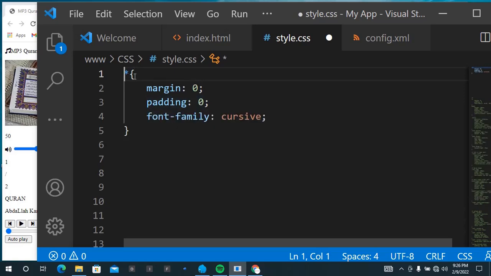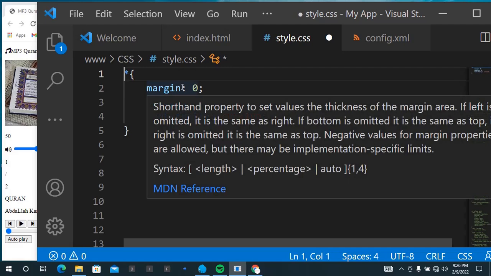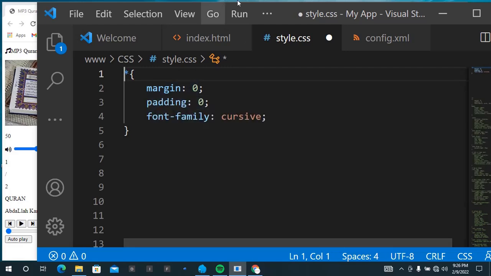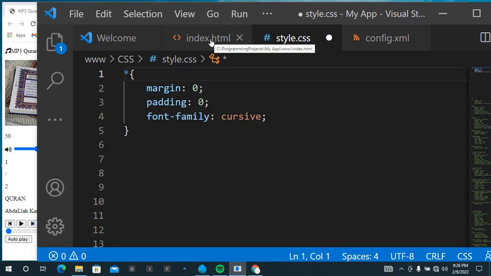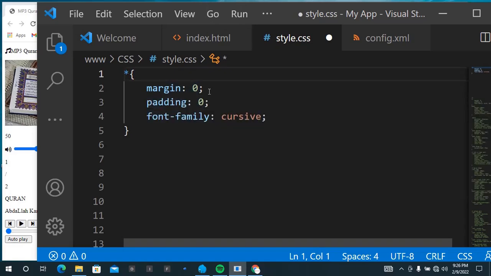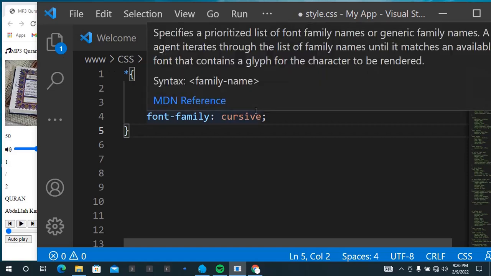Okay, so the very first thing is this. Whenever you see anything that is not alphanumeric as a selector, let's say asterisk like this as a selector, it means every property that will be here is meant for every element inside our HTML. So we are giving it margin of 0, padding of 0. Then we said font family should be cursive. So you can try and look at the font that is there before. Look at this Qur'an. So now we want it to be cursive, so